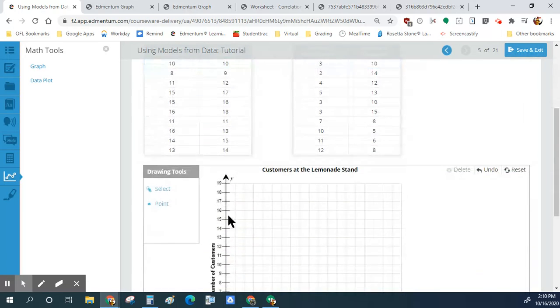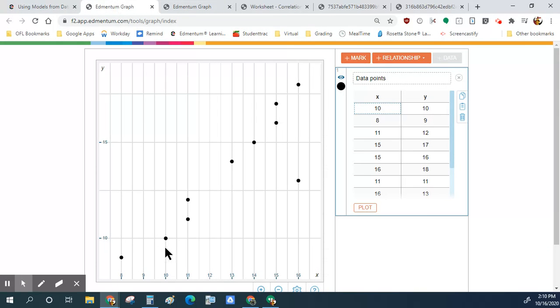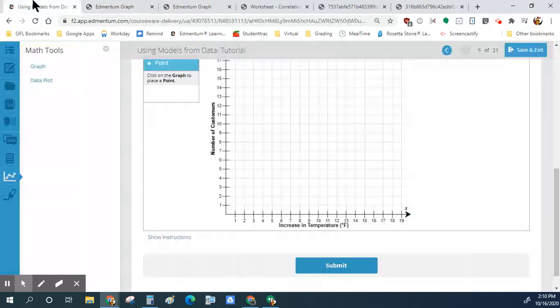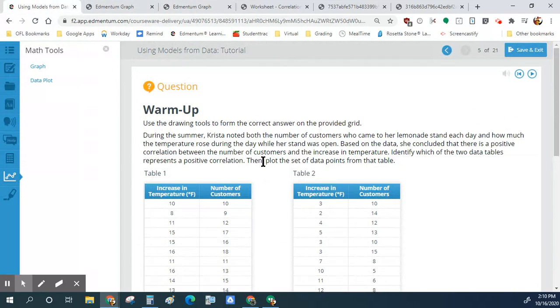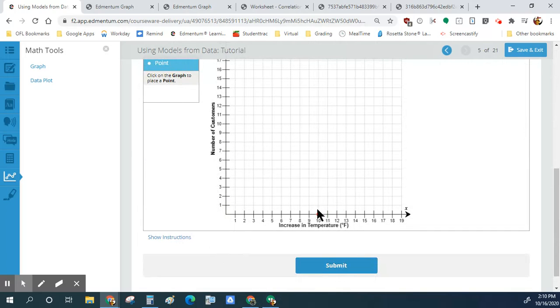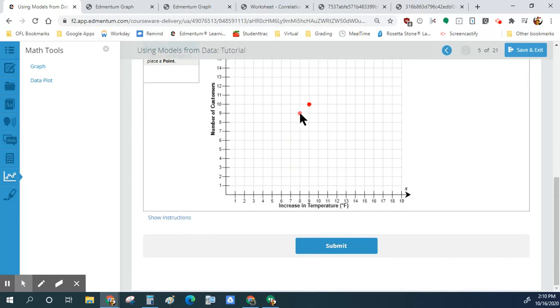Let's see what's going on here. That's the only one with a positive correlation. This one's a negative correlation. It's going downward. Then plot the data points from that table. So identify which one. So that's this one. I'm going to do 10 and 10. I must have had like 1 point off. 8 and 9,